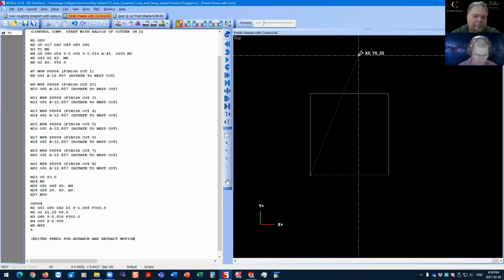Motions. I'll just go to the next line. From 8 inches per minute to 300 inches per minute. And I'm going to say what line numbers they are. I'm going to say